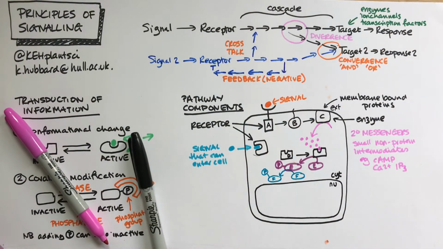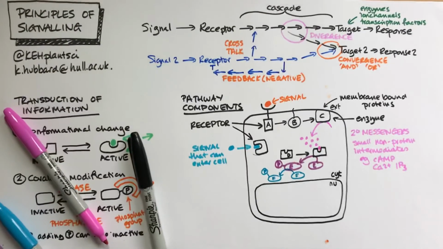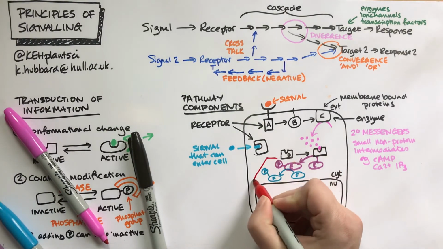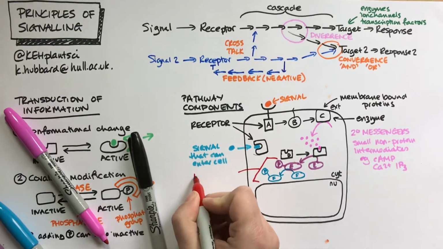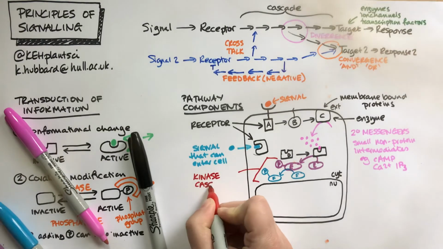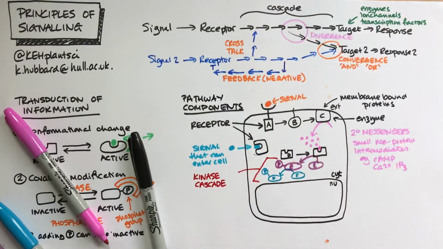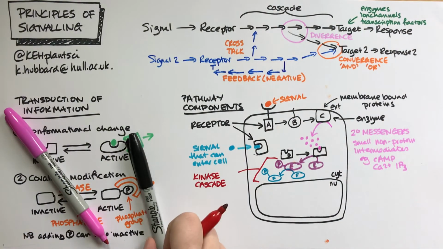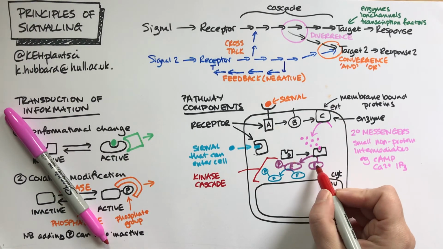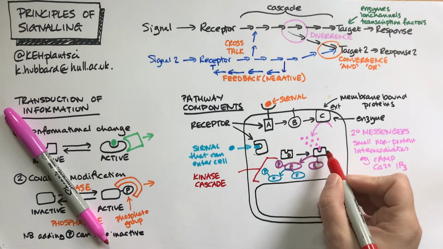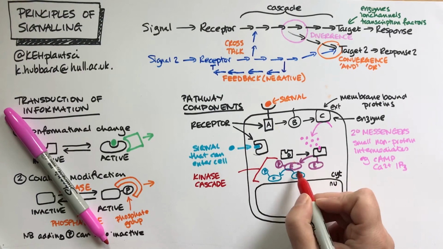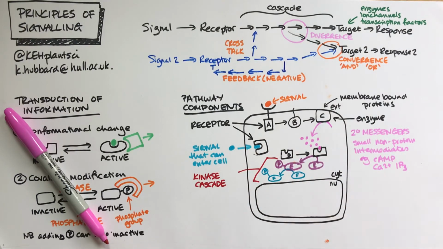Okay, so what we're building up here is something that's found in a lot of pathways, something that we refer to as a kinase cascade. So rather than just having a single kinase, we have multiple kinases working together. So E is a kinase, so it gets phosphorylated by D. D is a kinase, it phosphorylates E. E is a kinase, it phosphorylates F. Okay, so we've got multiple levels of